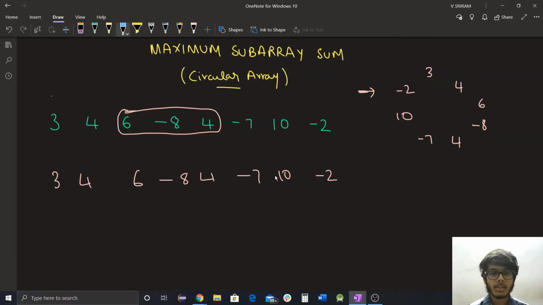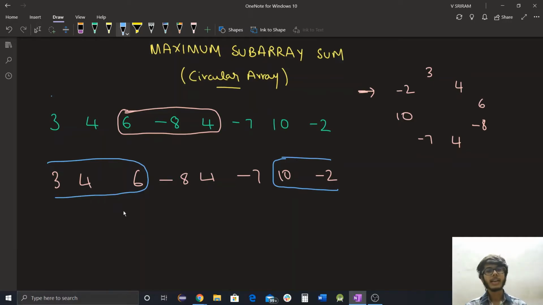Like the answer might start from the element 10 and end at the element 6. So this subarray wraps around the array. So these are the two possible cases. Either the answer might be given by a subarray like this or a subarray like this.